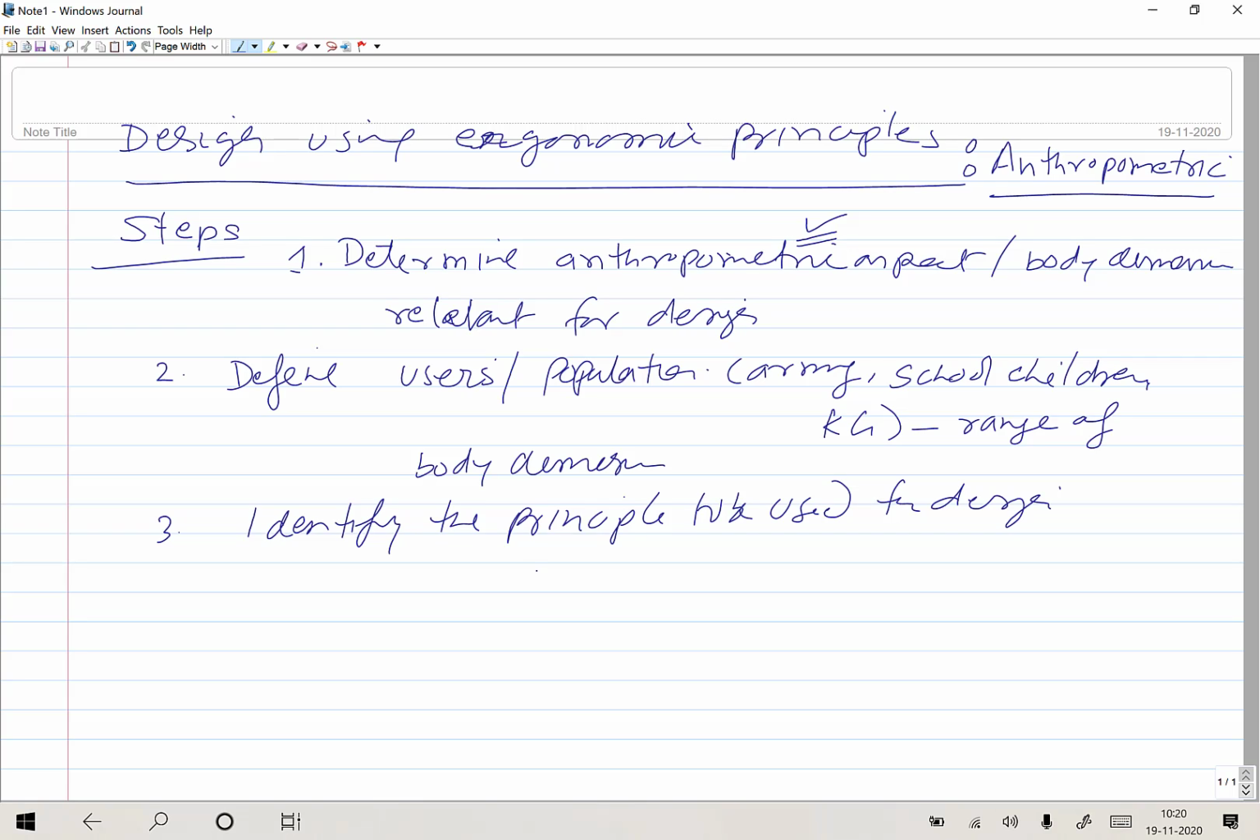So considering there are three aspects, there are three principles which are used in ergonomic design. One is for whom the design is being developed. So the principle of extremes, where the design is developed for those having the extreme anthropometric features or dimensions, like